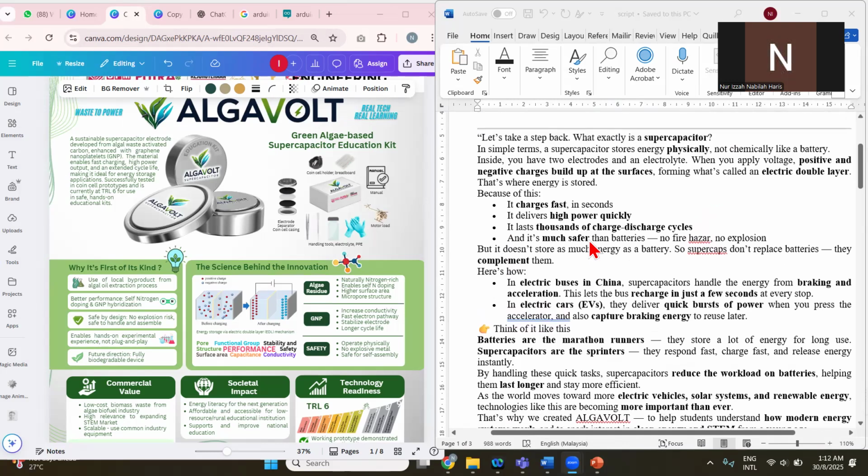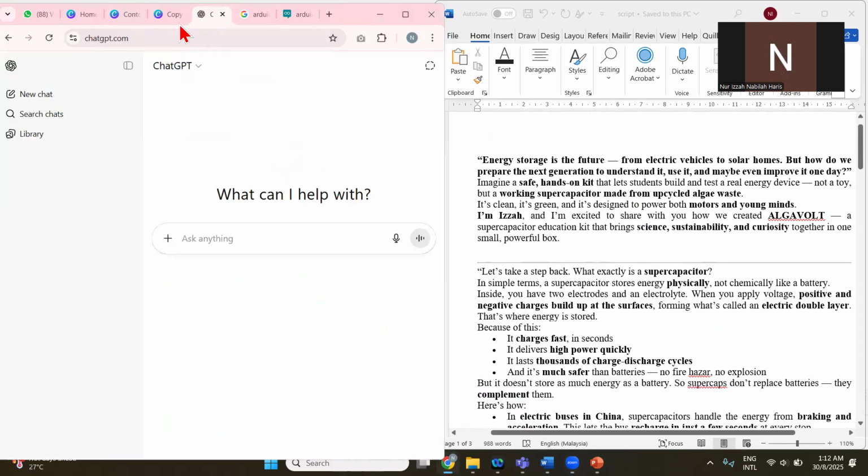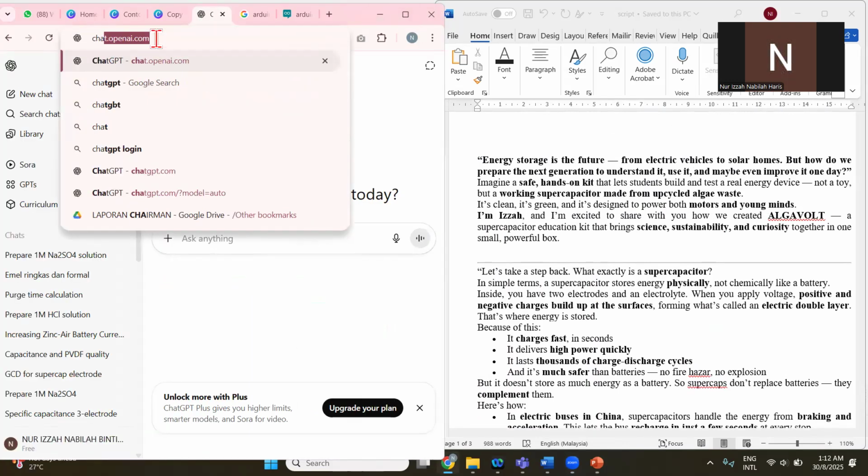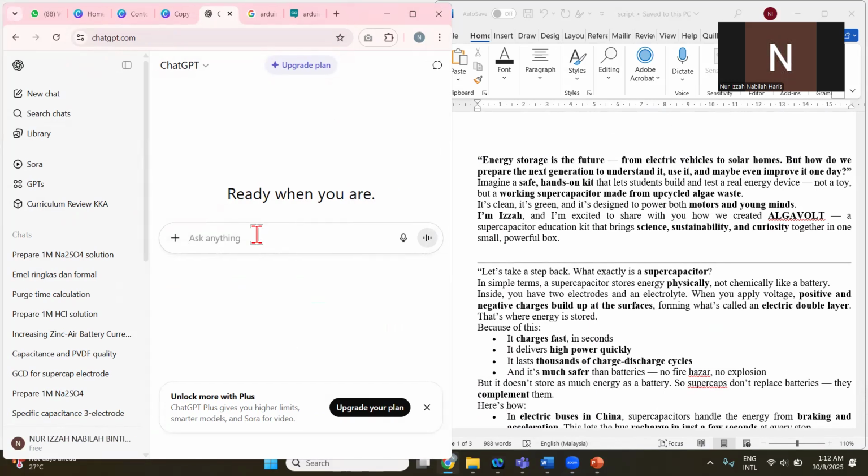Okay, now I want to show you how to make scripts like this using ChatGPT. You go to ChatGPT, chat.openai.com, and I think you have to create an account first and then log in. Then you can ask ChatGPT to write a script for teaching of 5 minutes